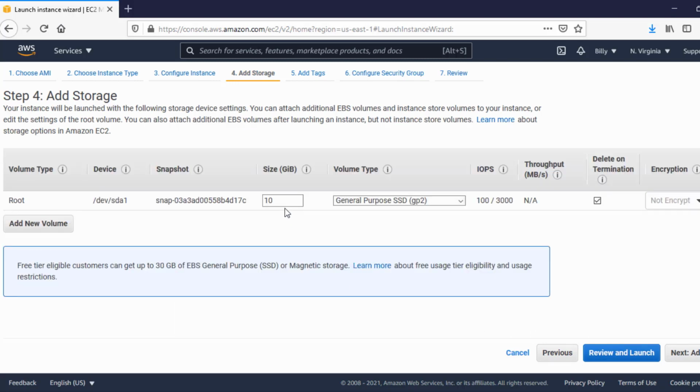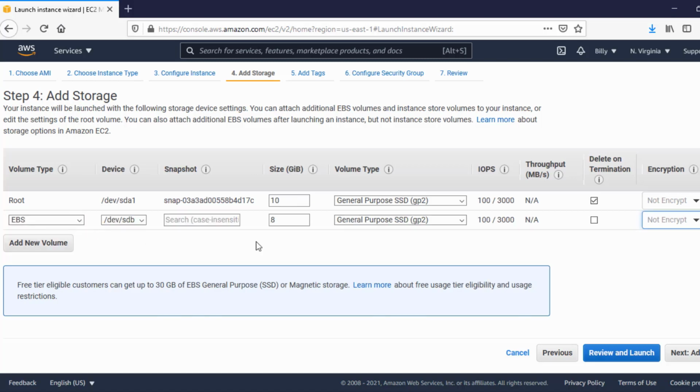By default the storage that comes is 10 GB. That is more than sufficient for installing the operating system, but for storing the database files and other files like backups, GoldenGate, etc., I require an additional volume. So I'll click on Add New Volume and select, let's say, 50 GB. So in total my instance will have 60 GB: 10 GB will be used for the operating system, and 50 GB